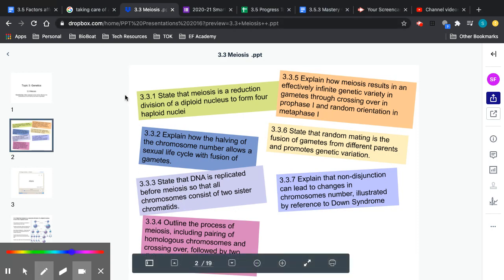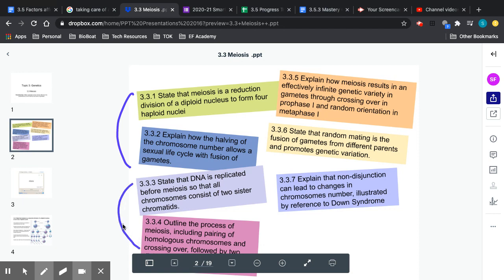So there's like this beginning part where we just introduce meiosis, and then there's this second part that talks about the details, like the different phases, like prophase, metaphase, anaphase, telophase, and then all of that again. And then it also wants you to understand how